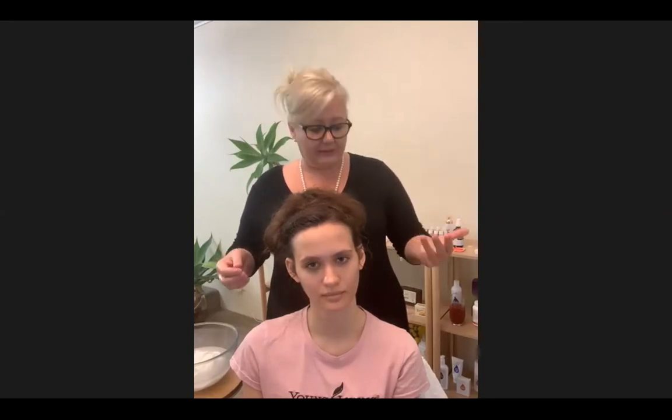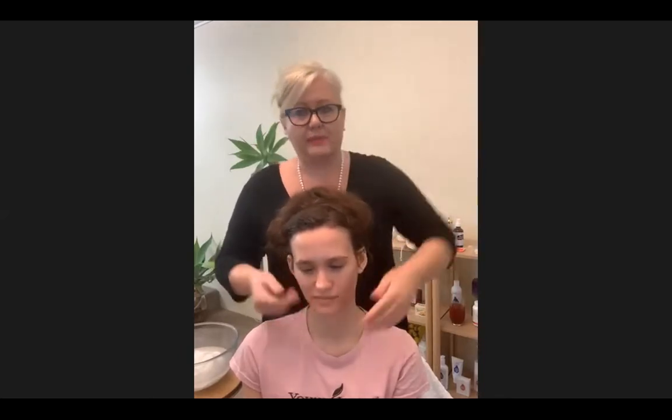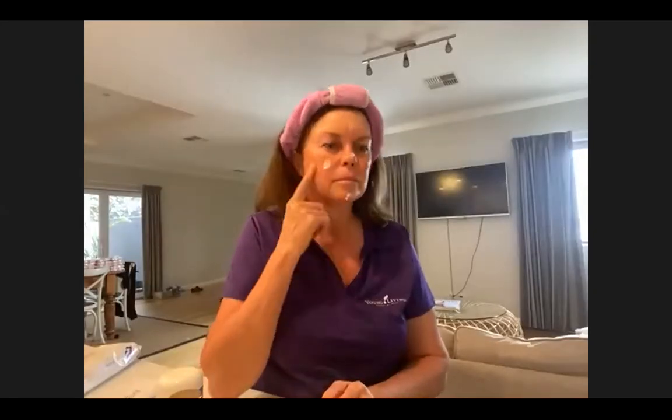Has royal Hawaiian sandalwood as well as cedarwood, ylang-ylang, frankincense, but it also has extracts of olive, apple, hibiscus, and kakadu plum. Now, kakadu plum is incredibly high in antioxidants, and it's native to Australia. So a lot of our Indigenous use kakadu plum back up there in the top end. So kakadu plum is also known as the billy goat plum or moringa, and grows natively across the top end